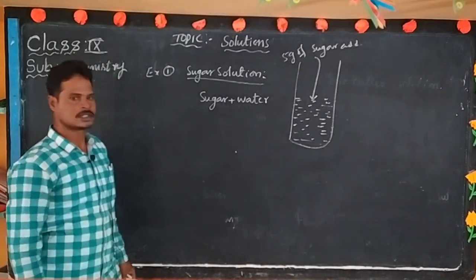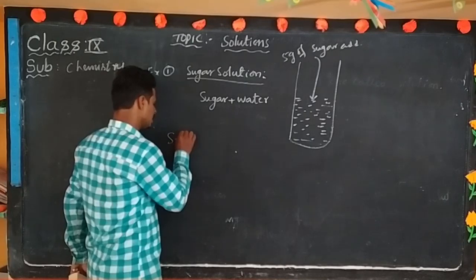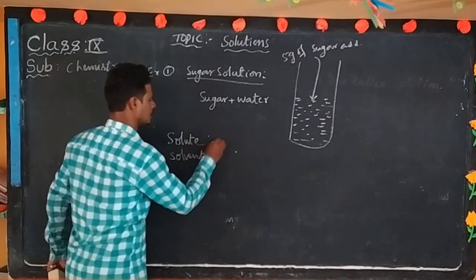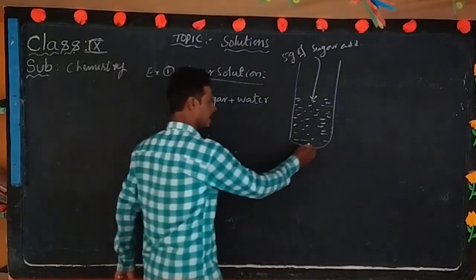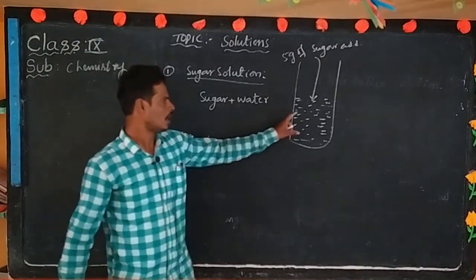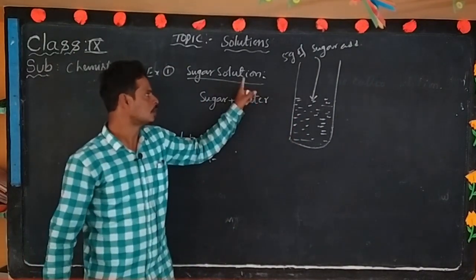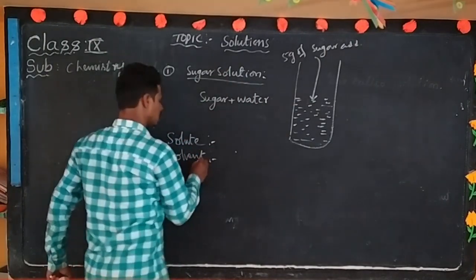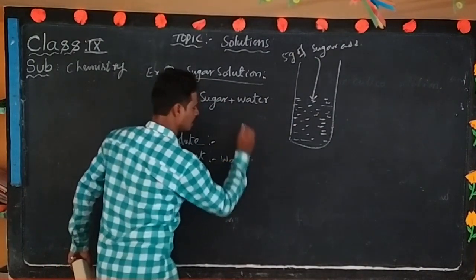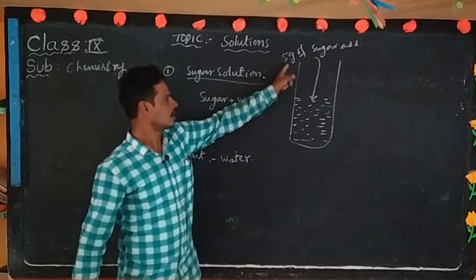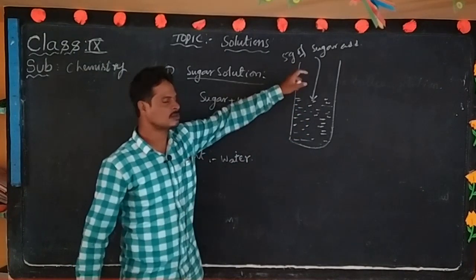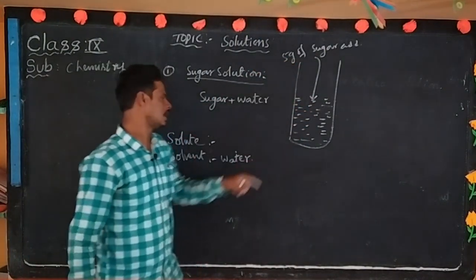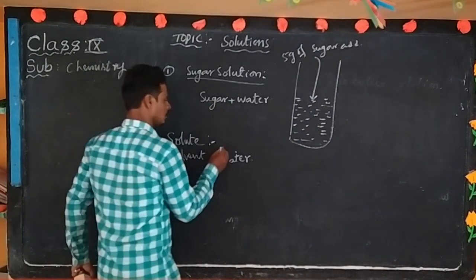Okay, here what do we need? We want to know which is the solute and which is the solvent in the sugar solution. Which one are we taking in larger amount? Here water is the larger amount present in this solution. That's why it is called the solvent. Here in the sugar solution the solvent is water, because we are taking a larger amount. When we compare sugar and water, water is more. Here only 5 grams of sugar is there. So that's why the lesser amount present in the solution is called the solute. Here what is the solute? Sugar.